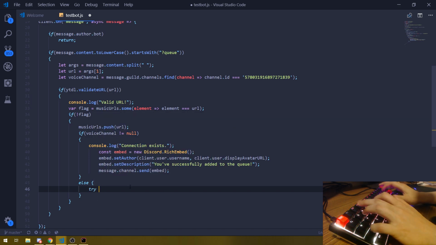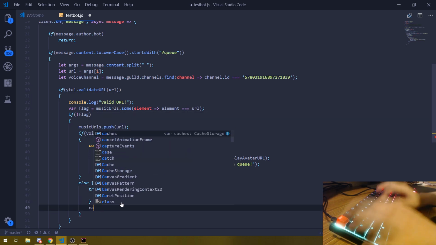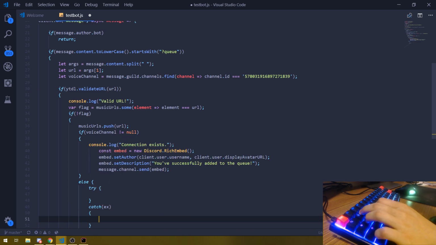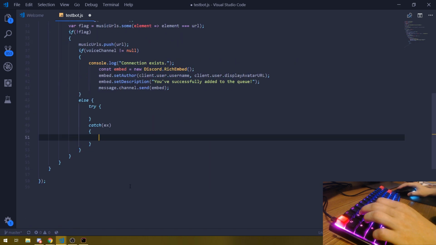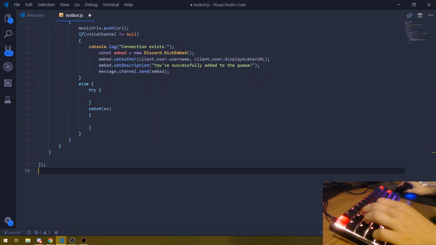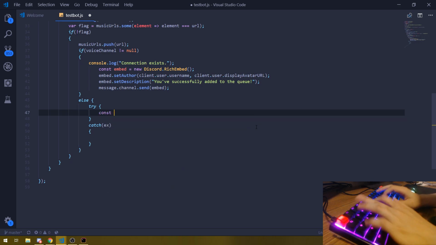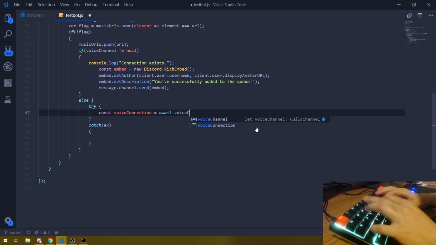So I'm going to do a simple try catch statement because we're using async await. The reason why I'm using async await is because I'm handling multiple promises. What I'm going to do next is go ahead and create an asynchronous function called play song. This is where we're actually going to play the song. Okay, so const voice connection equals await voice channel dot